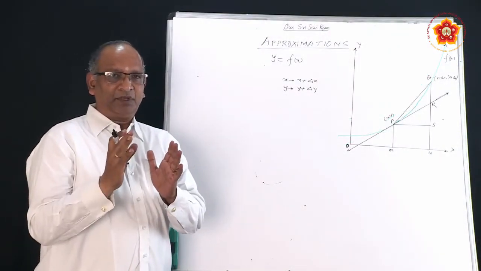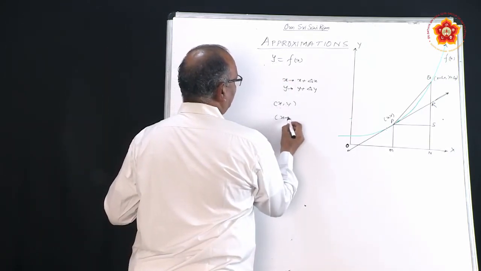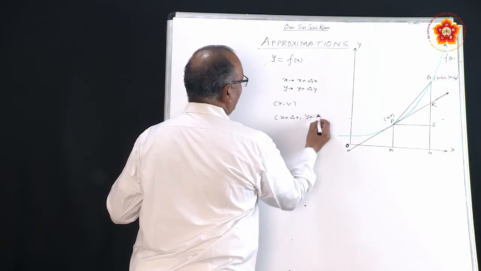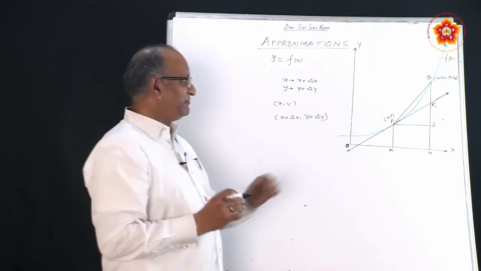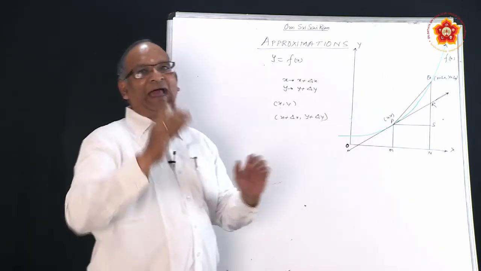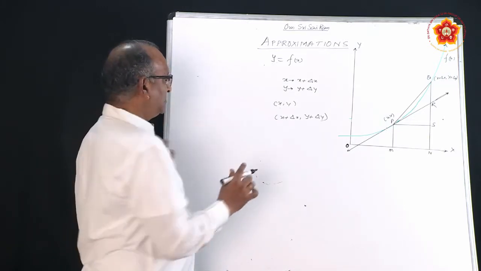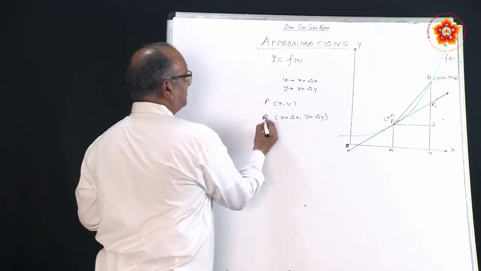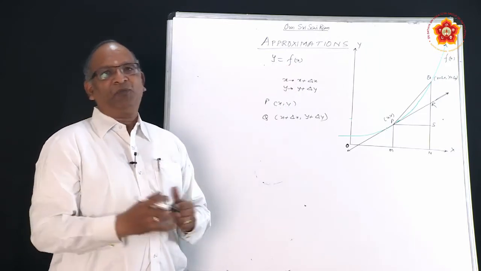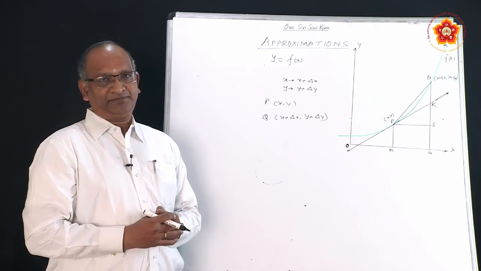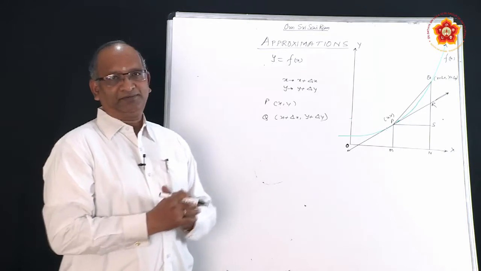Remember that if we consider them as points (x, y) and (x plus delta x, y plus delta y), both are neighborhood points. But in order to understand the concept, we have shown in the diagram as if they are very far. They are not far, they are very, very close. One is representing P, another is representing Q. We have joined them. When you join 2 points on a curve, it is called a secant. We have seen this in the mean value theorem also. So, PQ is a chord.